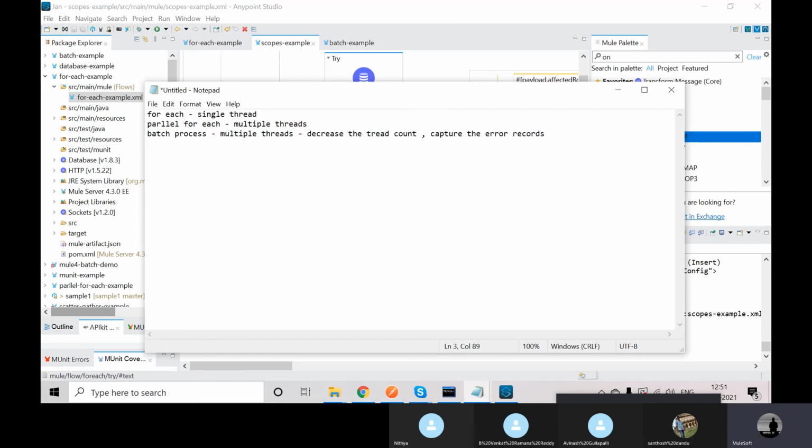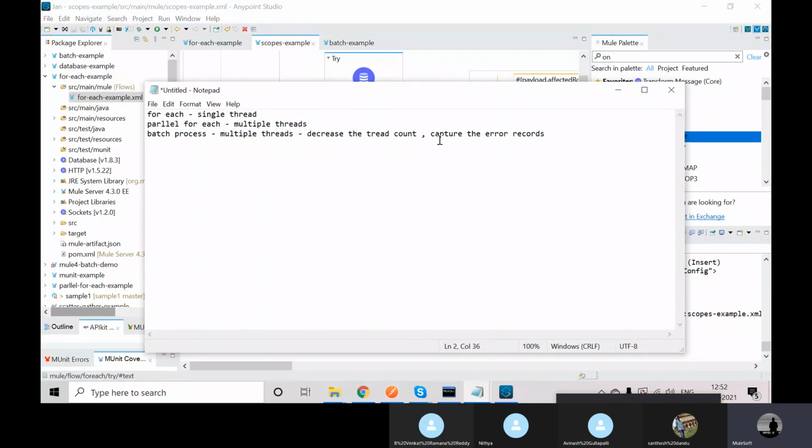Okay, so in parallel for each it will process all records, but it creates multiple threads, so the thread count will increase and our performance will decrease actually. So that's why batch was introduced.